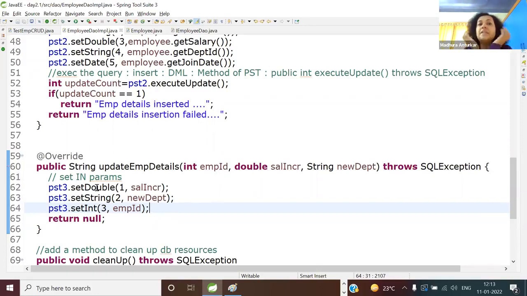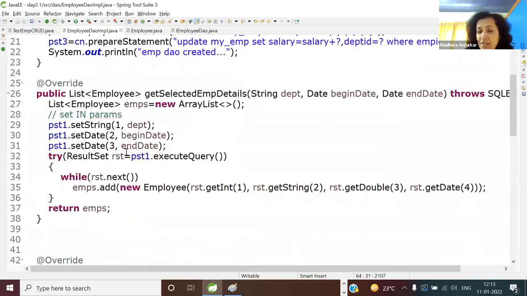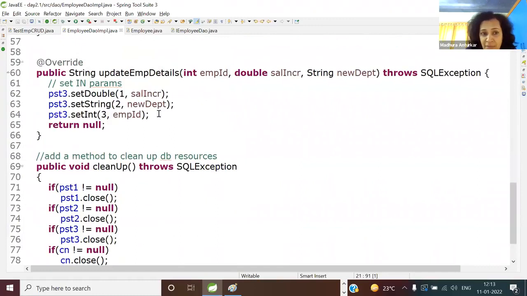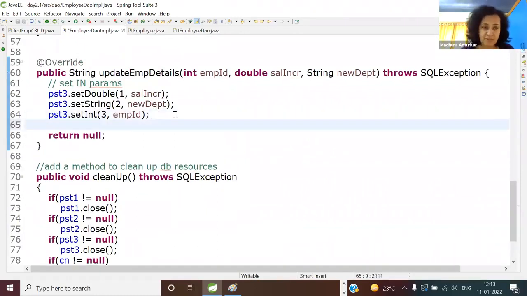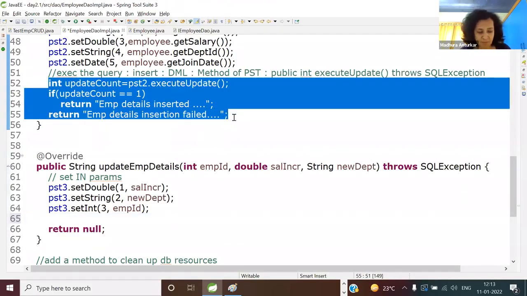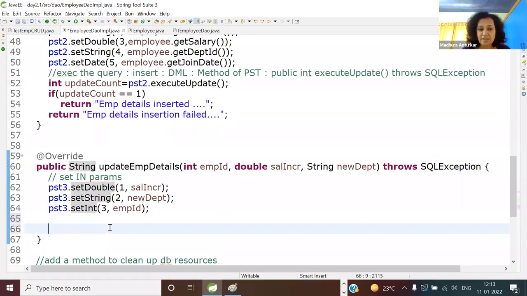Understanding the numbers and their positions, I'll repeat. The parameter positions start from 1 onwards, left to right. So just be careful. I'm telling you from experience of so many years. Most of the time you make mistakes in counting and then your code doesn't work. So, just be careful. This is your 1, salary increment, department ID, and the third one is your employee ID. So I hope I have not made a mess. Now again, this you can copy now. I'm not writing it again because it is so same. I mean, some things will change. Insertion is replaced by